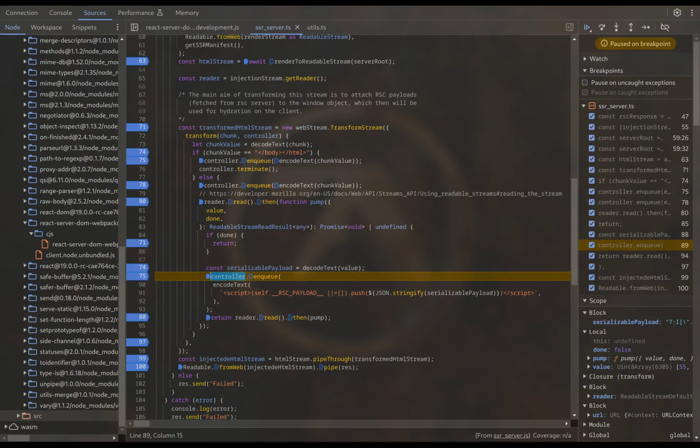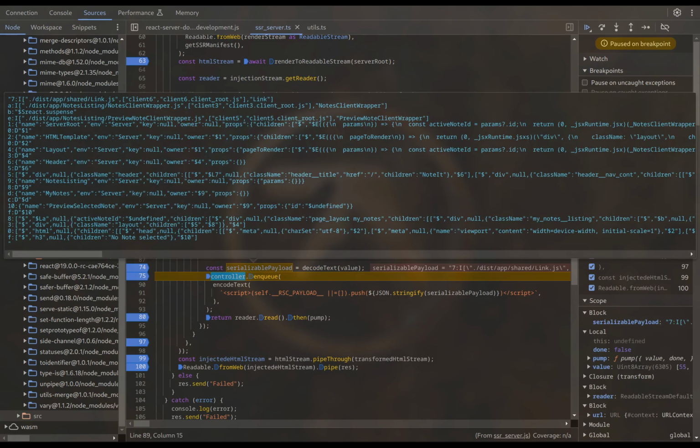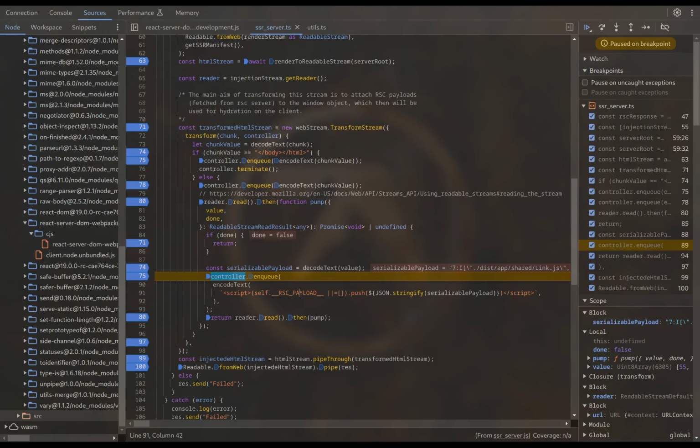Once we resolve the promise, we see this rendered chunk here, and now we are going to attach it to this RSC payload variable, which we declare in the window object. We declare it as an array, and we'll keep on pushing the chunks that we receive from the RSC server. And we are going to add it in the script tags. So if we continue,